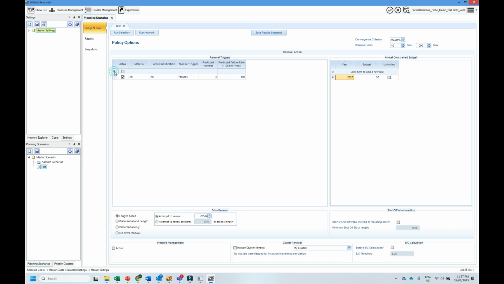If I wish to add another more detailed trigger, I can also do that. So at the moment, I've now added another trigger. So all AC pipes in any area classification will now be replaced if they're predicted to fail at least twice